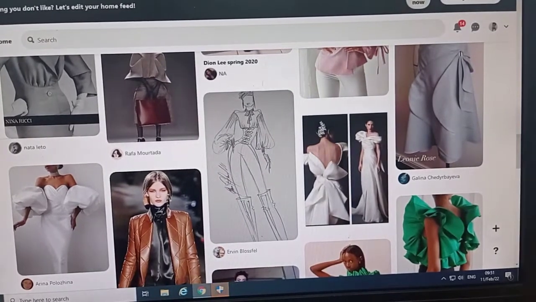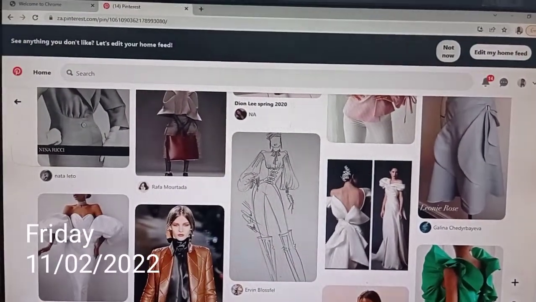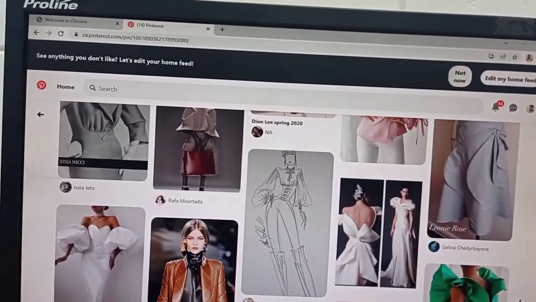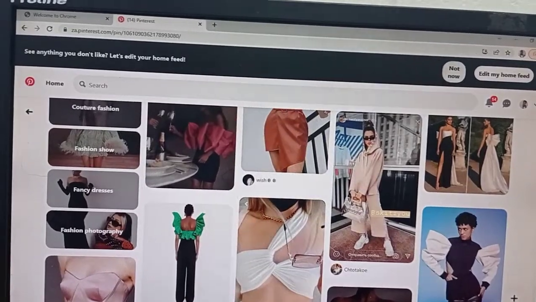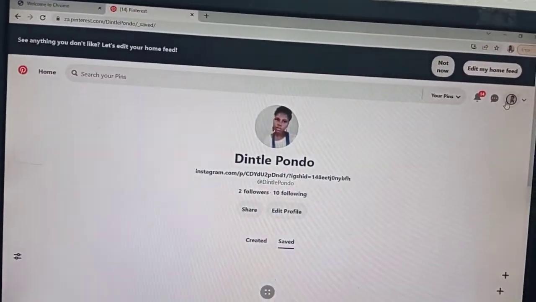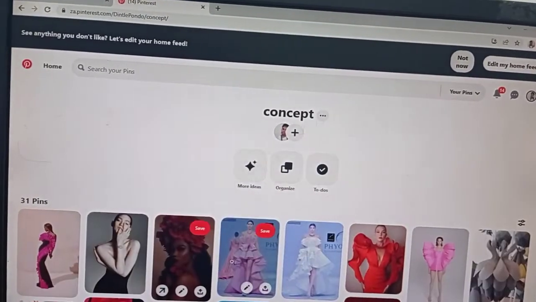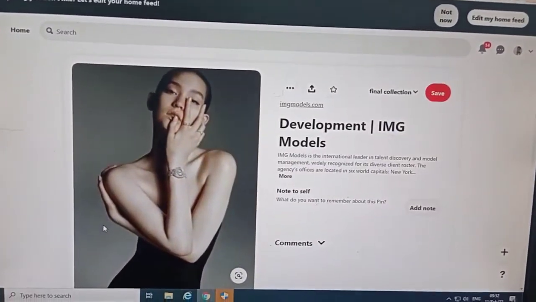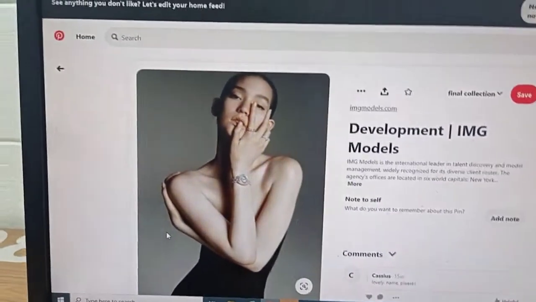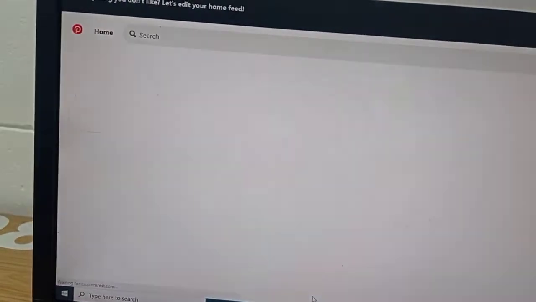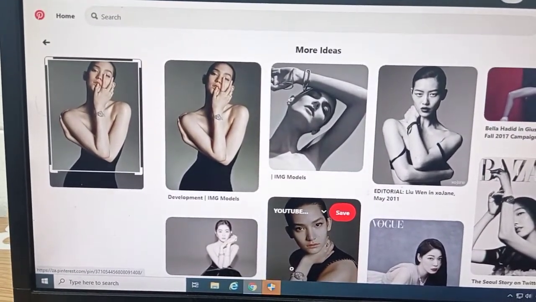So we're in the PC labs, the fashion PC labs, and we are doing our concept boards. I'm just going around here on Pinterest, looking for some ideas. My lecturer said I should find images that reflect self-love, like an image of a figure hugging itself. So I want to see if I can find other similar imagery, so I can work with that for